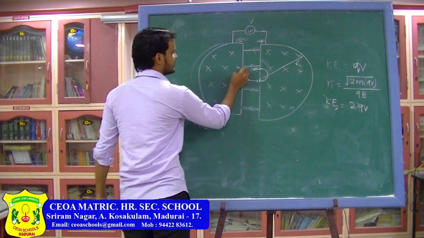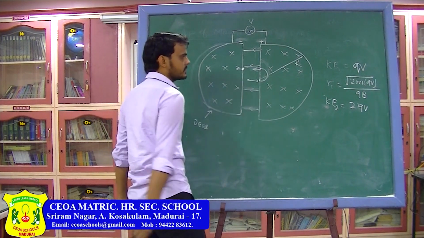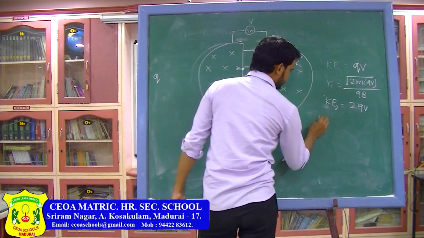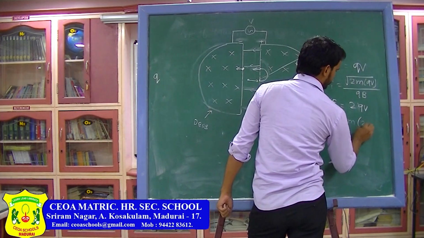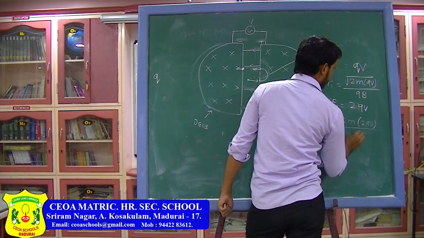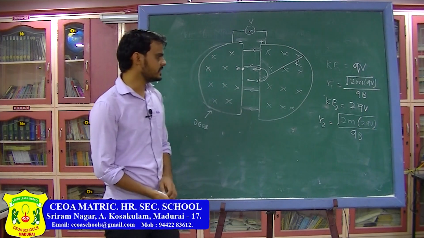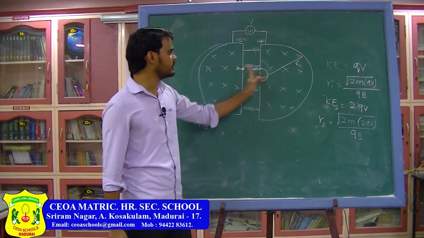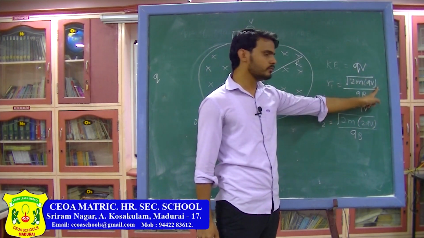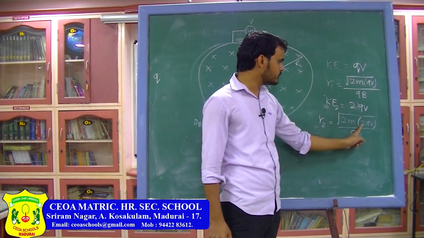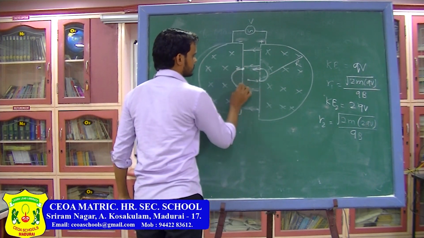Again when the particle enters the magnetic field, velocity will be perpendicular to the magnetic field, so it will undergo circular motion, and the radius of that circle I can write as R2, equal to root of 2m into 2qV divided by qB. As you can see, as the particle goes from one D to another D, its radius is increasing. Earlier the radius was root of 2m into qV, now the radius is root of 2m into 2qV. So, the radius will increase, and the particle will go like this.